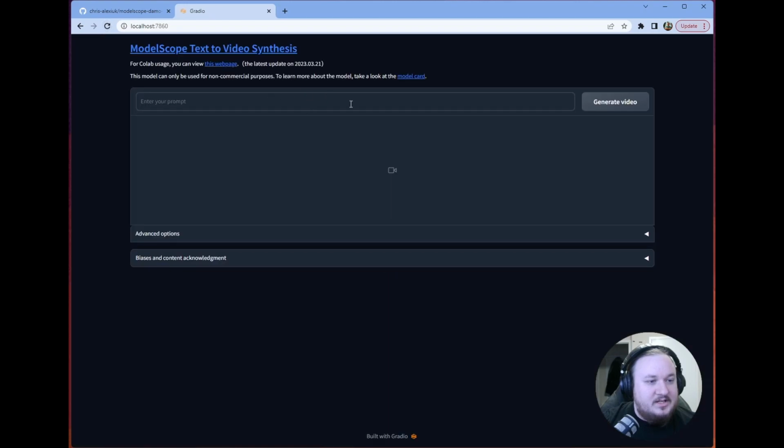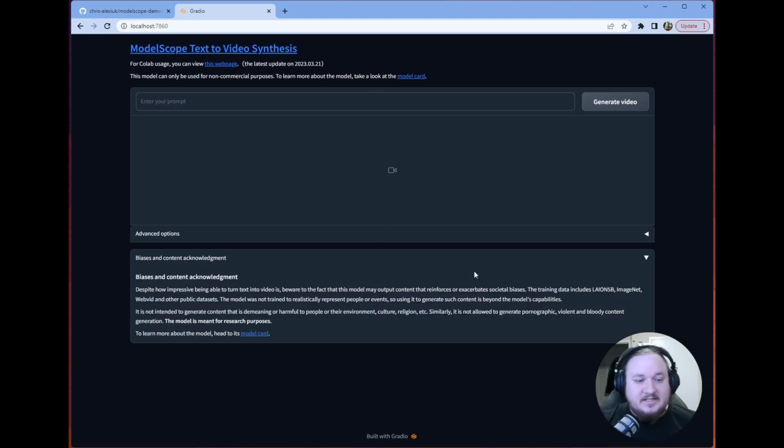We will reload this, and we can see now we have this Gradio demo. So let's see what this thing can do. First things first, this is basically unsanitized, so you're going to see some outputs that aren't necessarily exactly in line with what you wanted. There is absolutely some bias with this model based on the training data that they used,